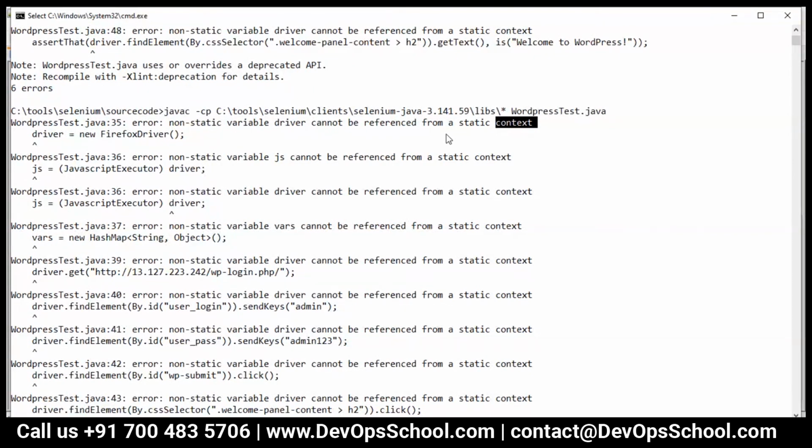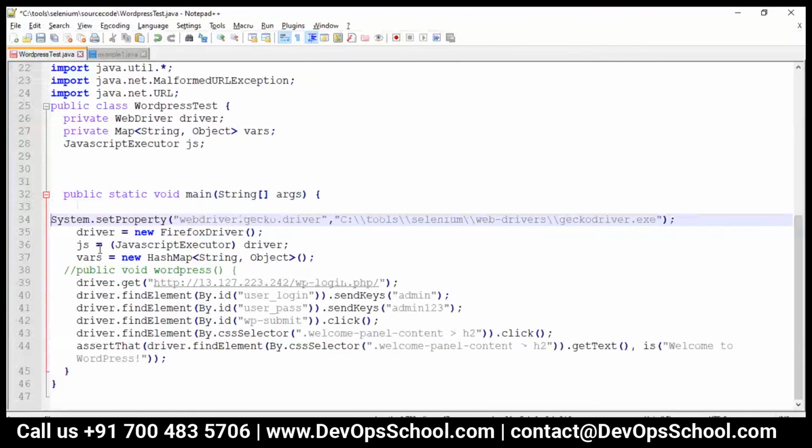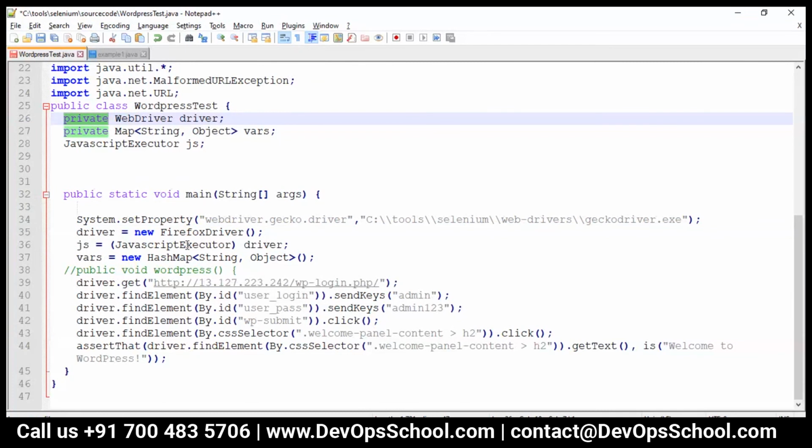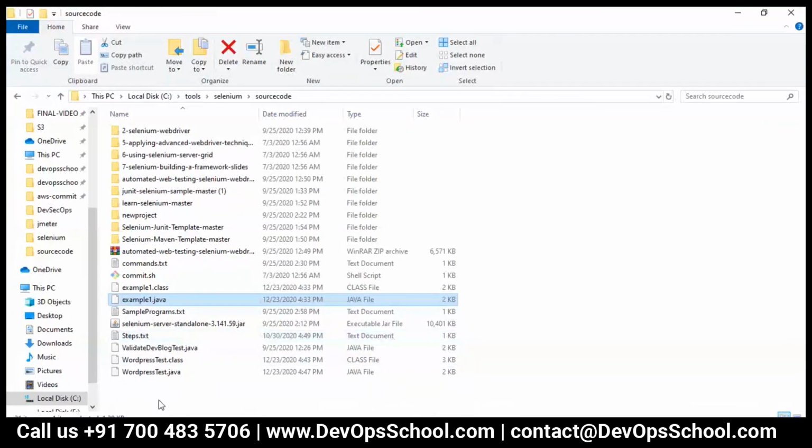Whatever variables we are using in public static void main should be static. That is the reason it is saying these are all non-static variables. Let's do one thing, I'm complicating this too much. Let's copy this here. Copy, paste.